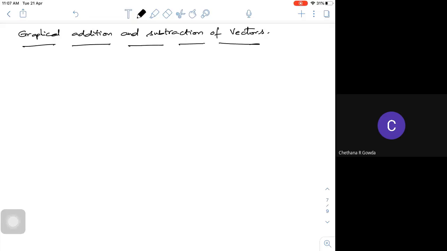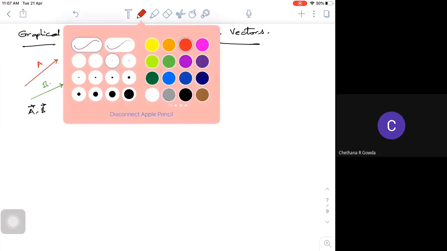Suppose I have a vector A. So this is a vector A. Fine. And I have another vector, so this is, we call it B. So I want to do an addition. So I have a vector A. A vector is the one which has both magnitude and direction. So I want to add it. So what I will do actually, I will take the vector.